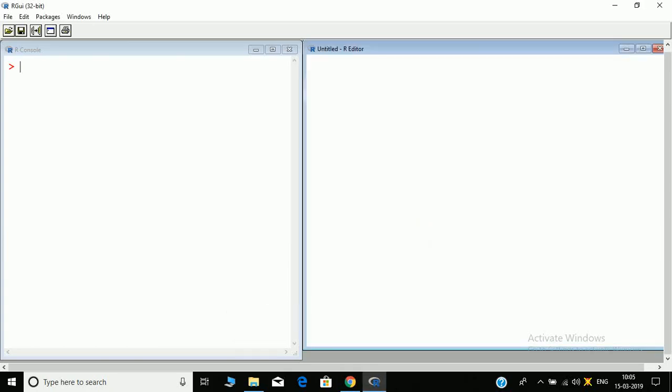Data analysis in R. Let's start with bivariate data.